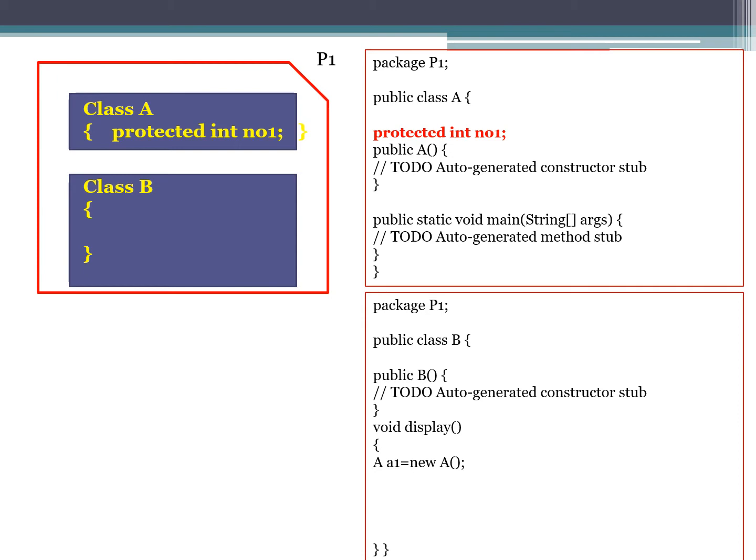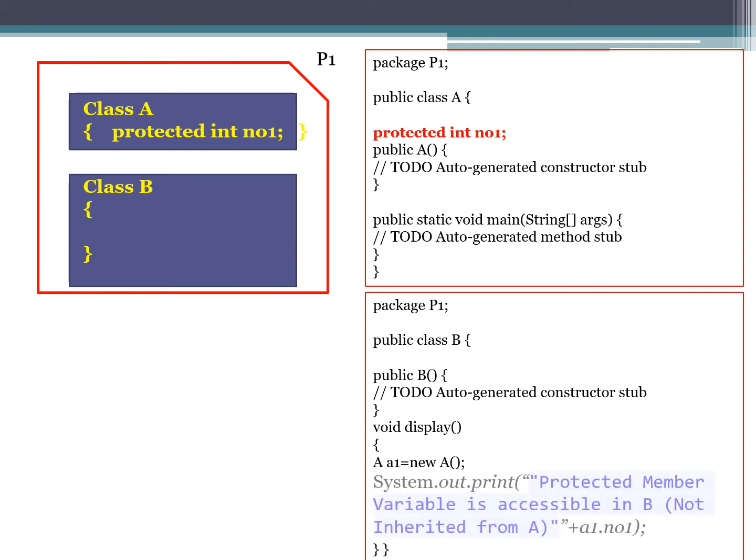We have created an object of class A, and if we try to print the value of the variable, then the protected member variable is accessible in class B which belongs to the same package, though classes A and B are not related to each other. So class A's variable is accessible if they are in the same package.